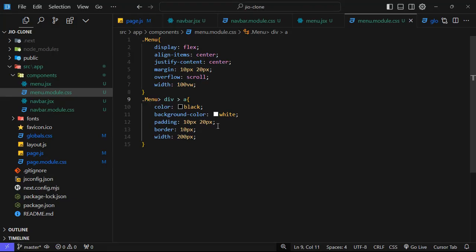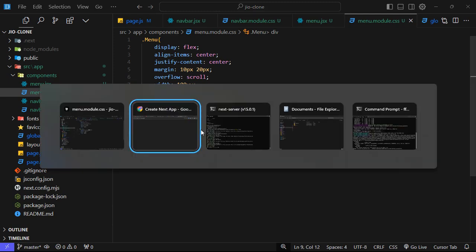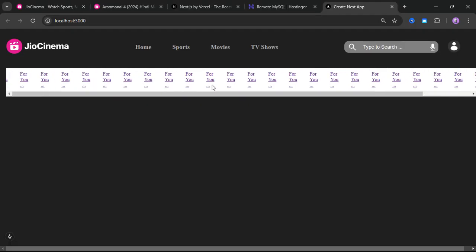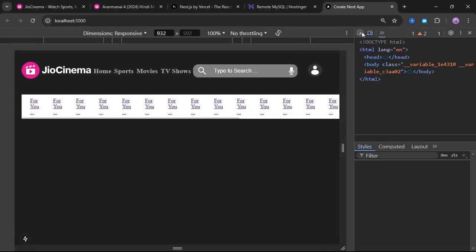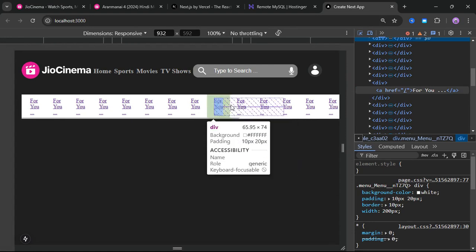So I will come here and remove a few of the properties. Color I don't need, even background color is fine, padding is fine, border color is fine, and width is also fine. And now also we are not getting it. Cool. So if I come back here and see what the issue is, so the issue is this